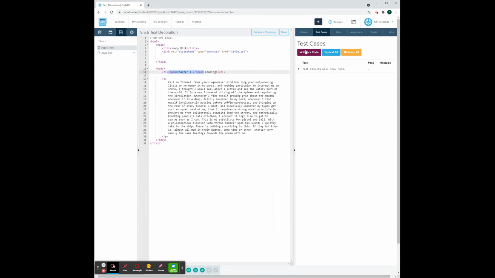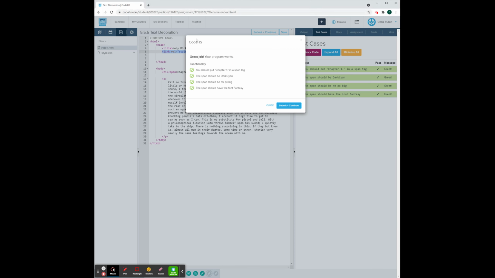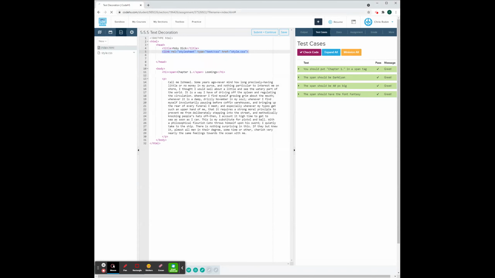Let's check and make sure we met all the requirements. If it's not working for you, do not forget to include this link to the style sheet. Very, very important step. And let's move on to our final assignment of the week, or of this, at least